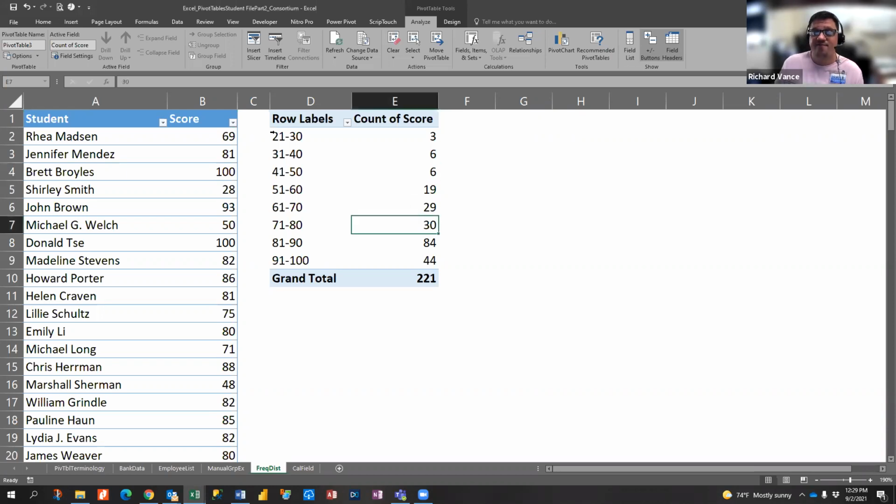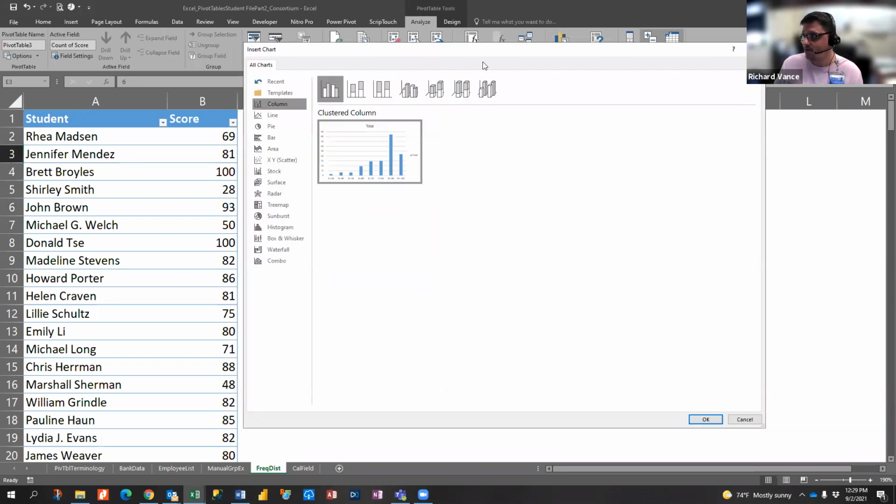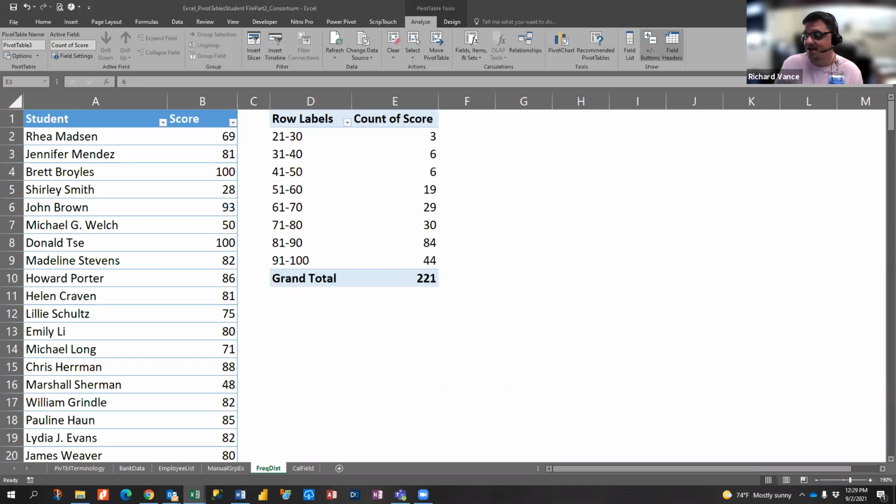So if you really want to have fun with it, inside this pivot table in my Analyze tab, you can actually create a pivot chart. Okay, so if I'm inside of my pivot table,